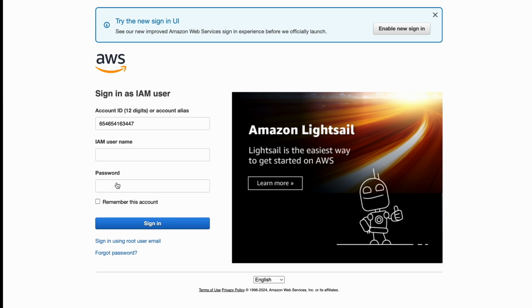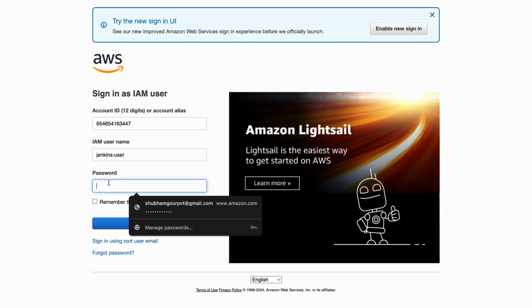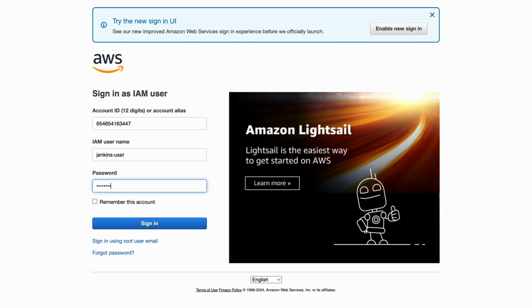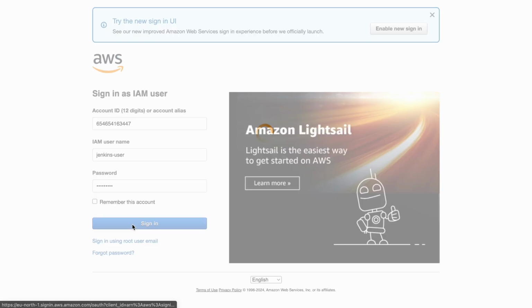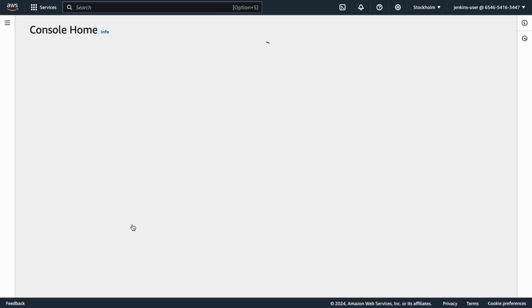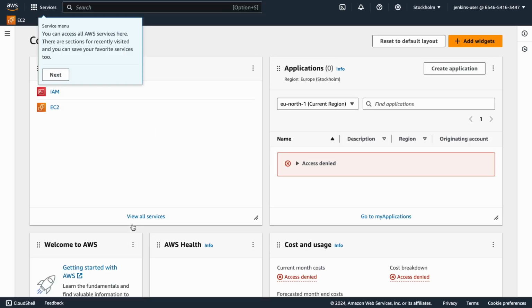Now the second thing is username. Enter the username followed by the password you have set while creating the user. Once done, click on sign in. So this is the fresh dashboard that you would be getting once you're logged in with your new user which